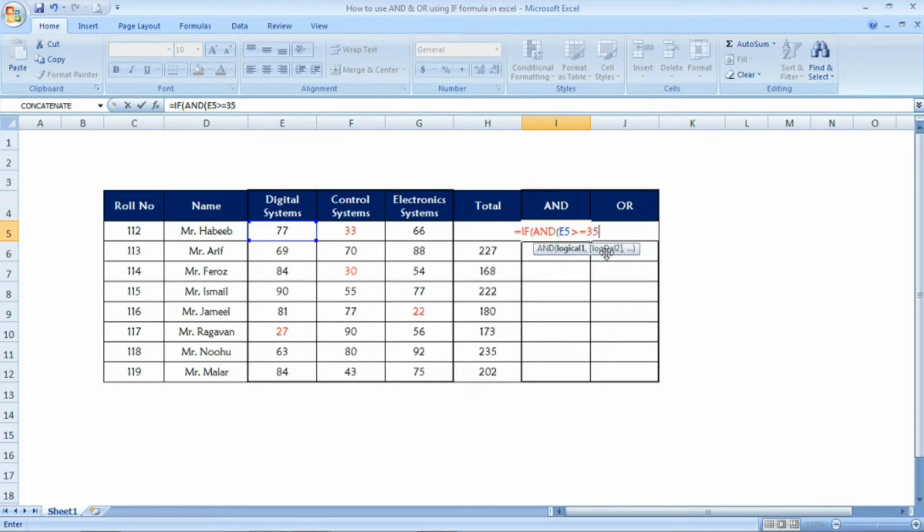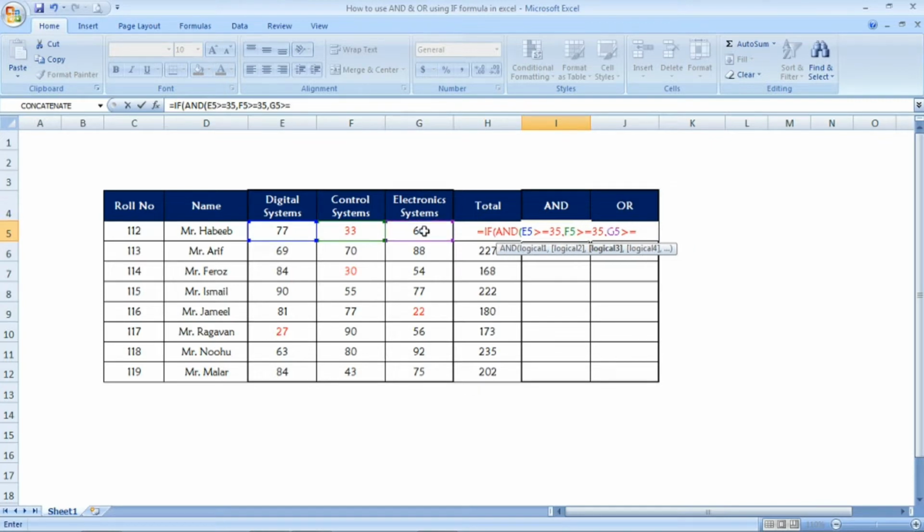Comma, next condition: the control systems mark cell is greater than or equal to 35, and comma, the third mark, electronic systems, that cell I will select, greater than or equal to 35.